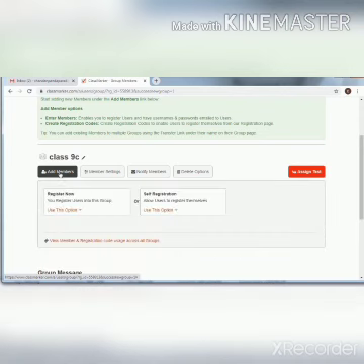Here we will get two different options: the register now option or self registration. The register now option helps the instructor to register their students, and that registration will be done by the instructor or the concerned teacher.